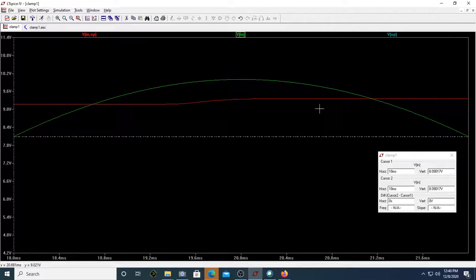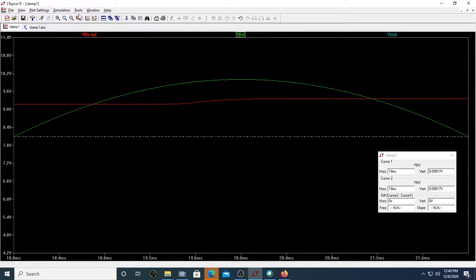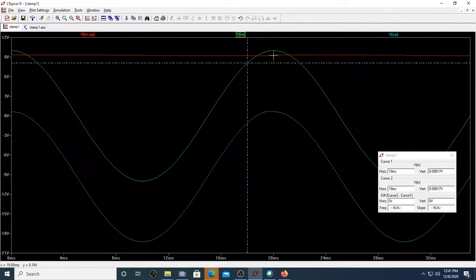In the next video we'll see a few more combinations of clamping the input voltage to different voltage levels. Now we have seen that the input positive peak has been clamped to 0. We will see how we clamp other peaks to different voltages, or instead of clamping this to 0 volts, can I clamp it above, can I clamp it below. All those things we'll have a look at.